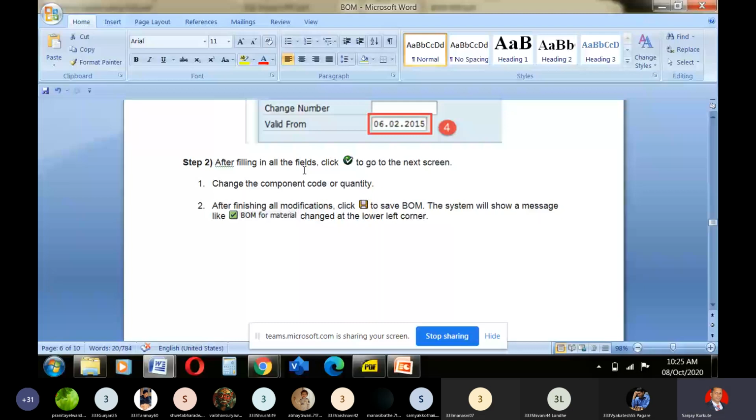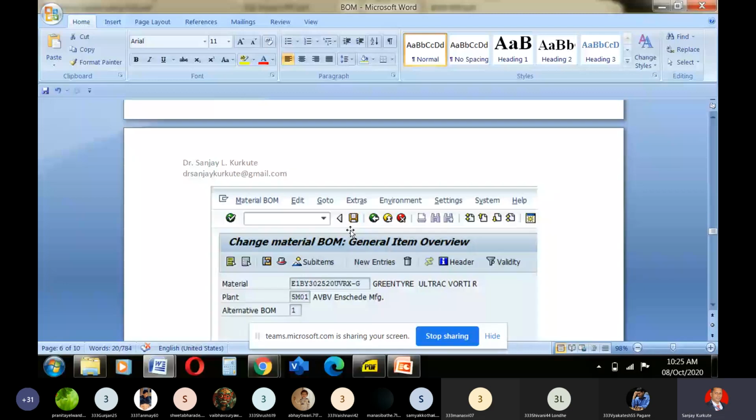How to do it now? For that, see the screen now. Go to the next screen, because this is the earlier screen only. Then come to the next screen. This is the same, and the item, component, component description, quantity, unit, like this. So you can take a preview before printing, which means you can have a display of the material. Some of the time this screen is available for the customer also, while entering the data. So all these things are there.